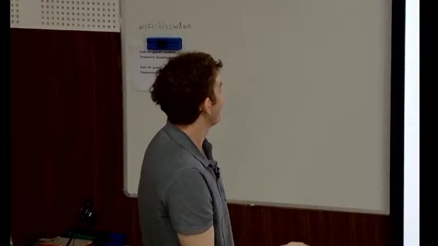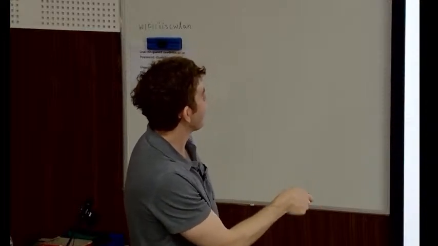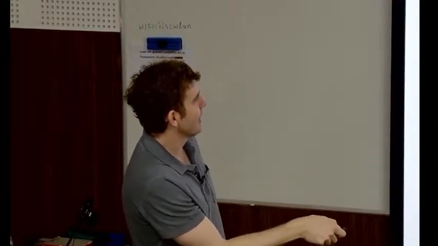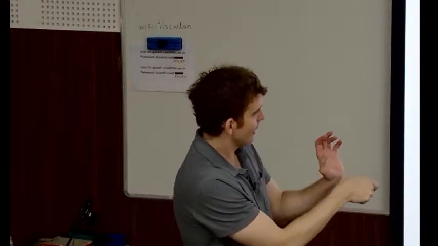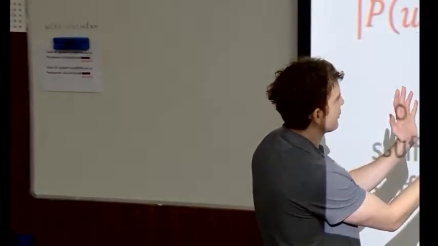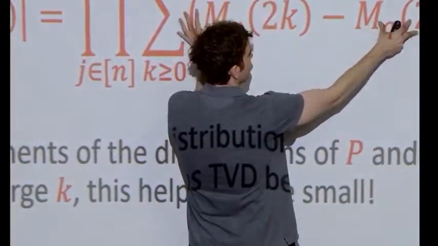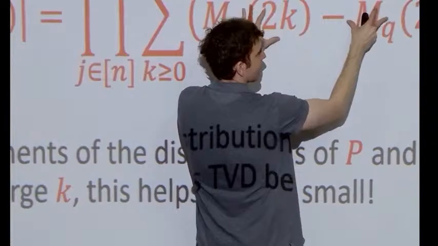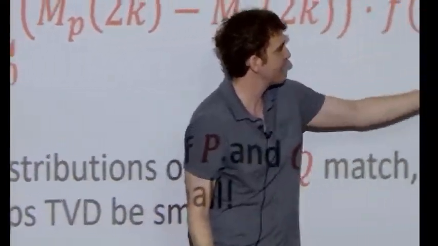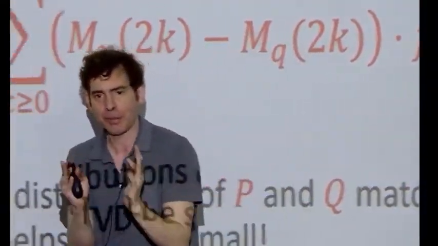Yeah. So you can bound the difference in Fourier coefficients. You can write it out between the two distributions P and Q. You get one part that depends on the difference of their moments, which we choose the distributions carefully so they match. And you get one part that rapidly decays because of the preprocessing that we've done.